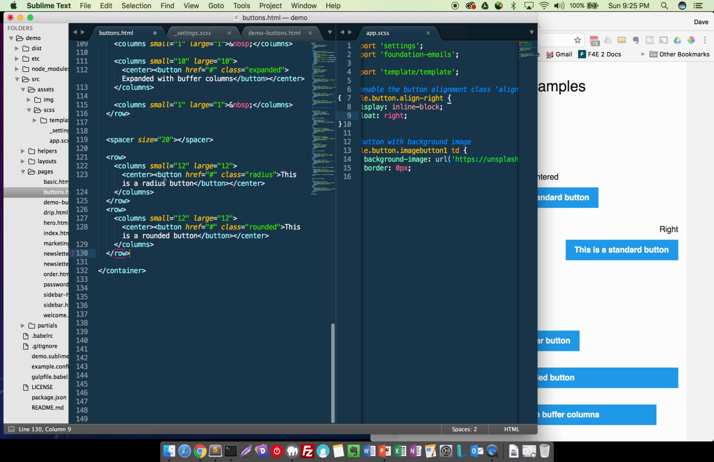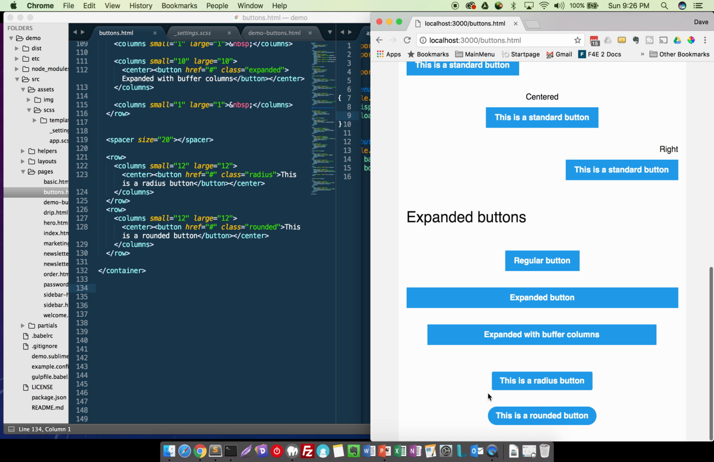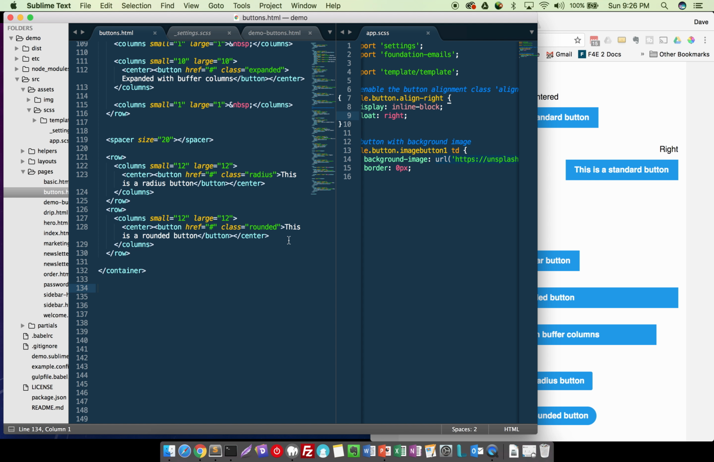And again, here we've got, I'll save it, and we've got our radius button. All we've done is add the class of radius and the class of rounded. And because we're in a browser, not an email client, it works just fine. We'll get a chamfered one here, and we got the rounded one at the bottom. And just like all the other ones, if you wanted to add some colors,